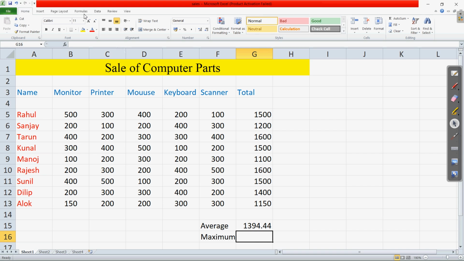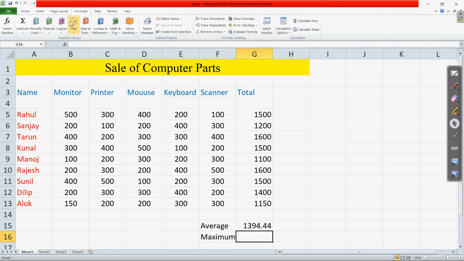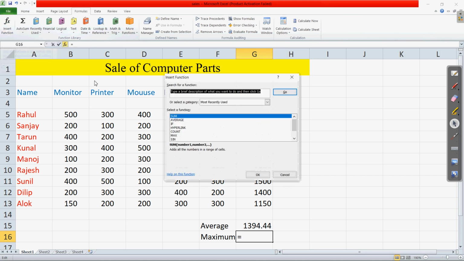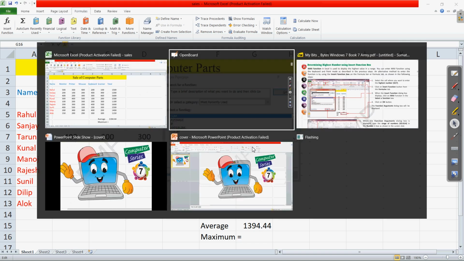We have to go to the formula tab. So the formula tab is here. Is it visible? This is the formula tab. Let us click on the formula tab, and then we have the insert function option. Click on the insert function. So here is the function box. We will select and see, doing the steps as per the book also. So let us come back again to the book.